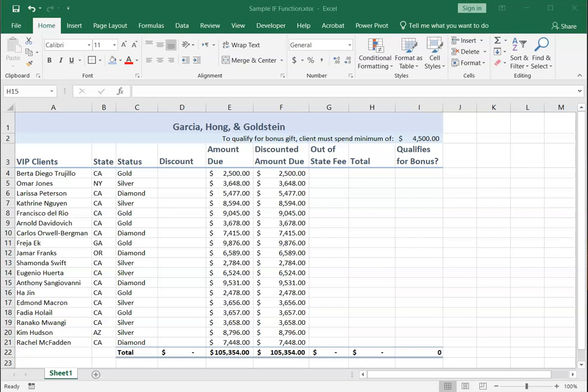Hi everyone, it's Jen, and I'm going to show you how to create some if functions using the wizard that is available in Excel. So just to look over this sheet here, I have my VIP clients, and they are